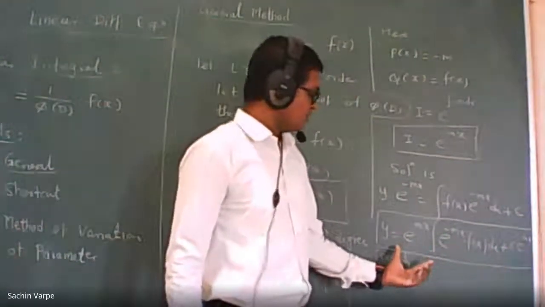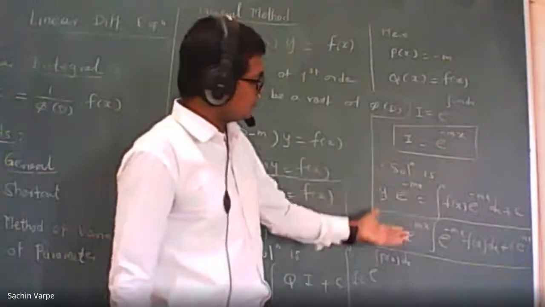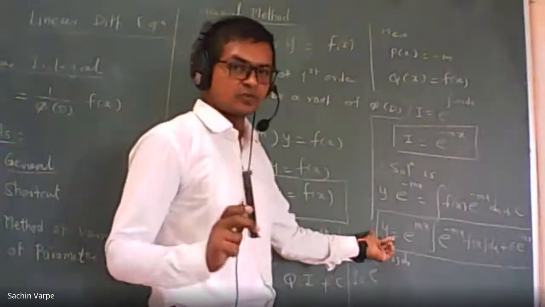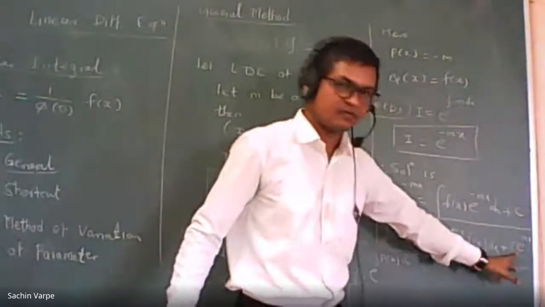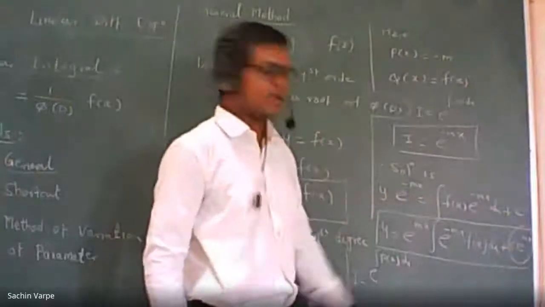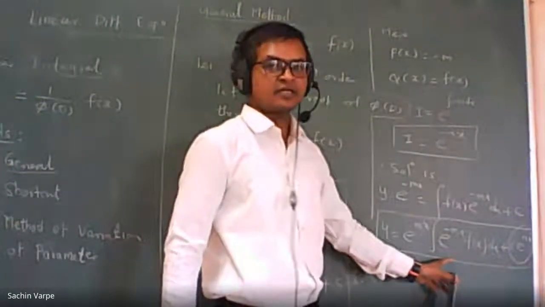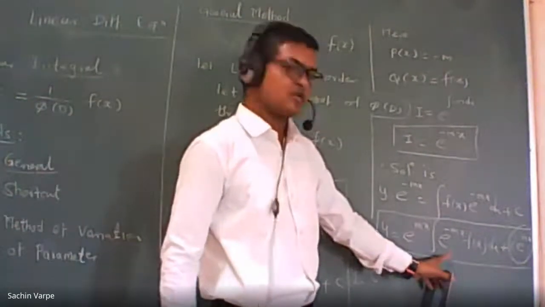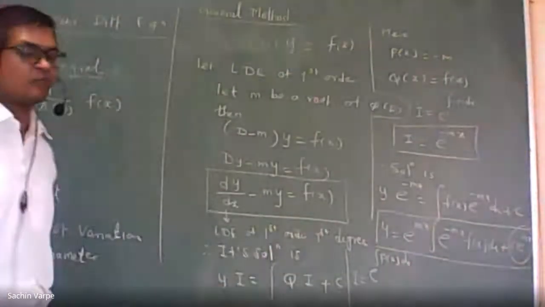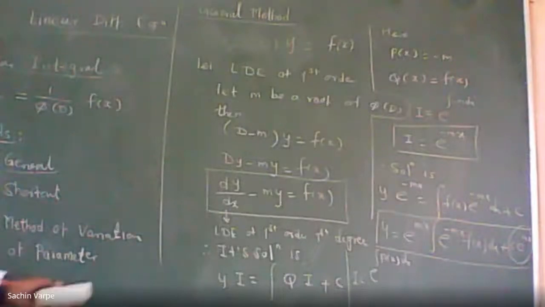As we have proved, this is the general, complete solution. So it will be a combination of two sub-solutions. One is the complementary function, you can see here, that is already there. This is the complementary function, and the rest must be the particular integral, and that is the formula of the particular integral. Okay, so let me write the formula again.